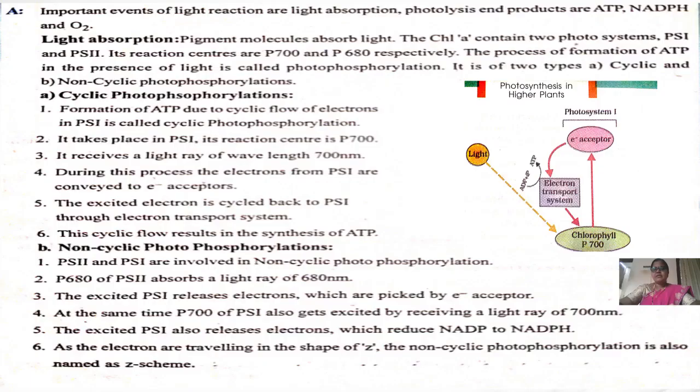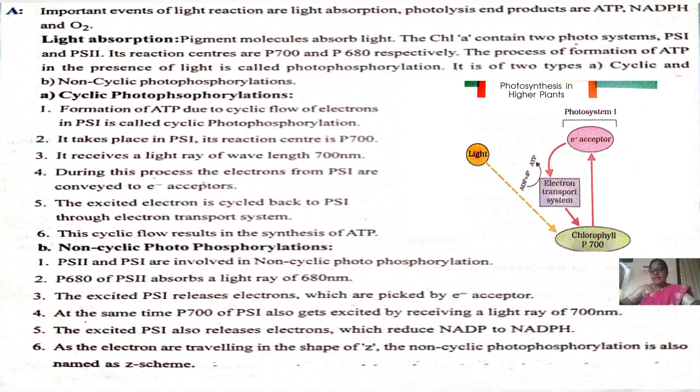Now I will show the diagram of these light reactions. In this diagram, you can see the primary acceptor, the photon, and the reaction center. The reaction center has a special chlorophyll a. As I told you, it is different in photosystem 1 and photosystem 2. In photosystem 1 we named it P700, and in photosystem 2 we named it P680.